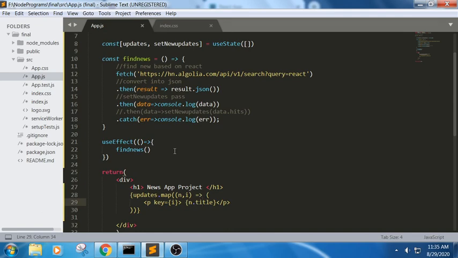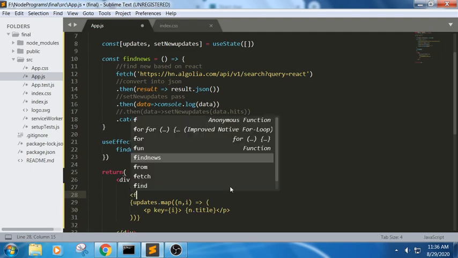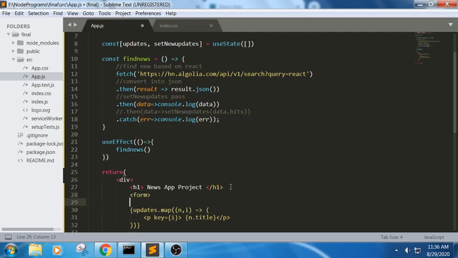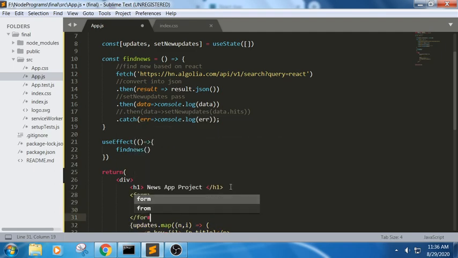But how can I write code where, if I want to have a search button, I can write some small search button and it will update the values based upon the event clicked? So for this we can write a button. So let me write a button here. In this form, I'm trying to write a form. Inside this form